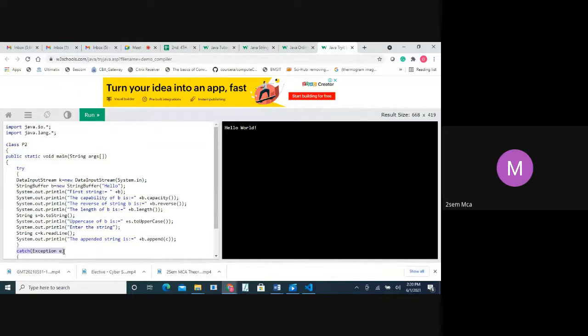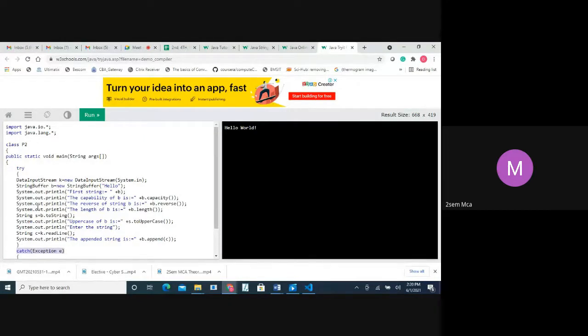In that case, we use a try and catch block. We'll see it in depth when we come to our theory class. But right now, for this program, let us see what try and catch is. Try and catch is exception handling. Whenever we want to handle any exceptions, we use a try and catch block.